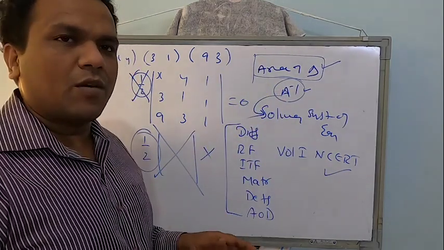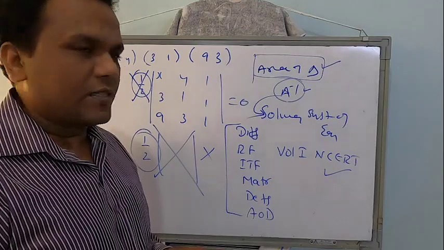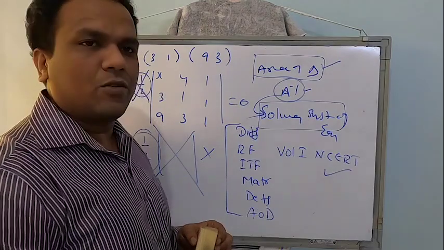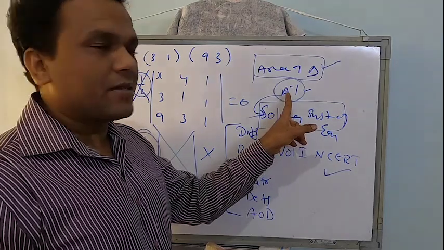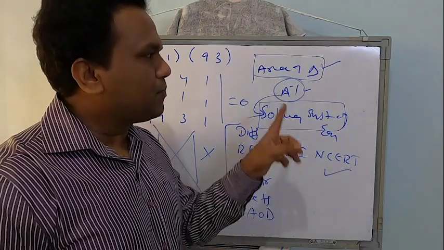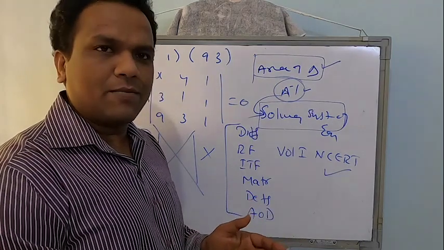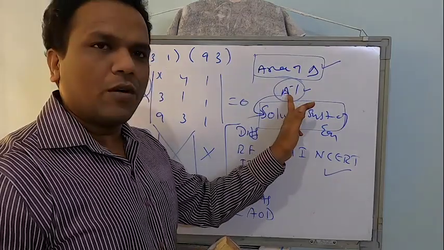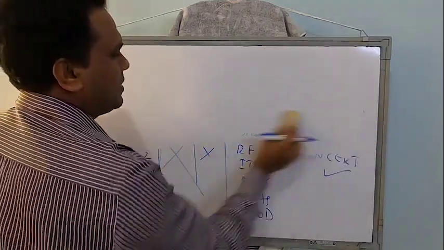So I told you what chapters I have already finished in the earlier classes. We are continuing with the determinants today. My main topic is actually going to be solving system of linear equations. To do this, I have to find the inverse of a matrix. I know how to find inverse of a matrix by elementary transformation, but there is a simple method of finding inverse by using determinant. To reach this inverse, I have to go step by step. There are a few definitions I have to learn before I find the value of the inverse of a matrix. Let us see everything with an example.